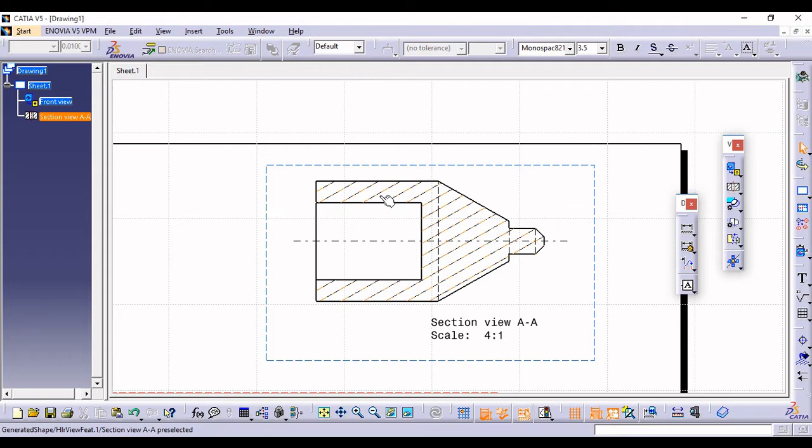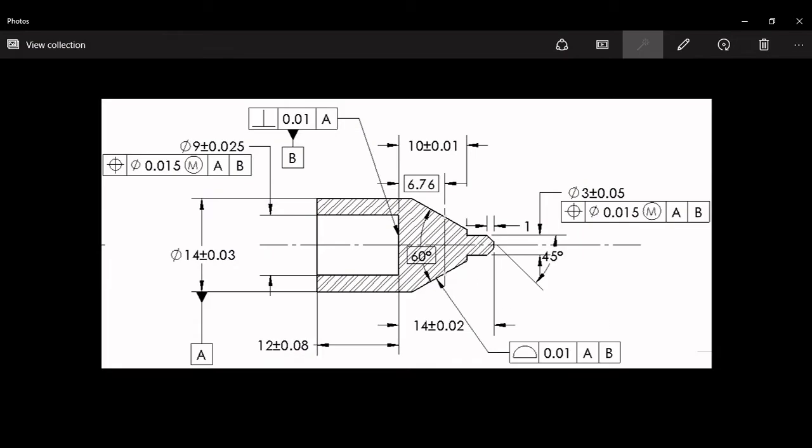Okay, then the next part is to simply provide the dimensions. Dimensions look like this, starting from 14 mm, 12 mm, 14, and so on. This part with plus minus something written is what we simply call tolerances. This is plus minus 30 micron, this is 80 micron, like this. First I will show you how to give simple dimensions, then how to convert those dimensions into this particular tolerance form.